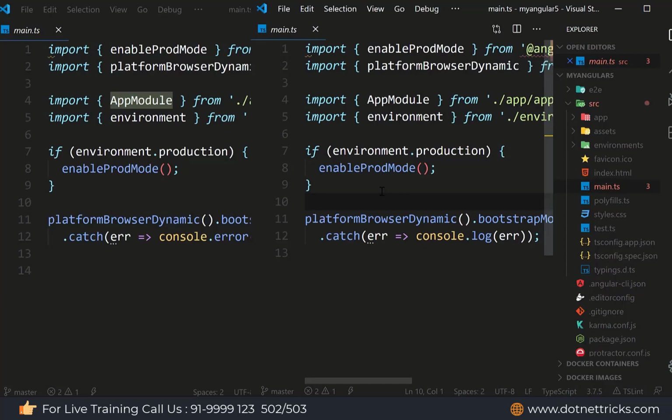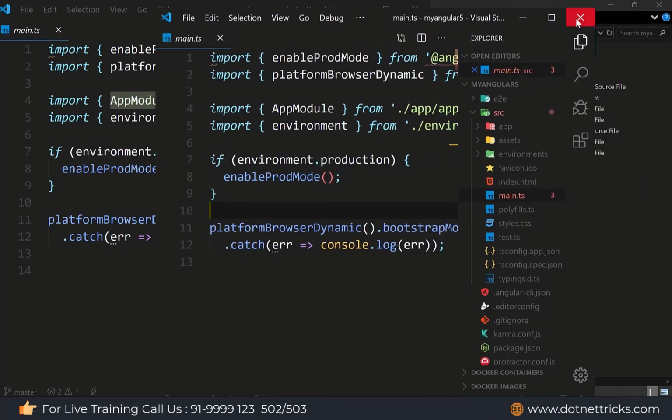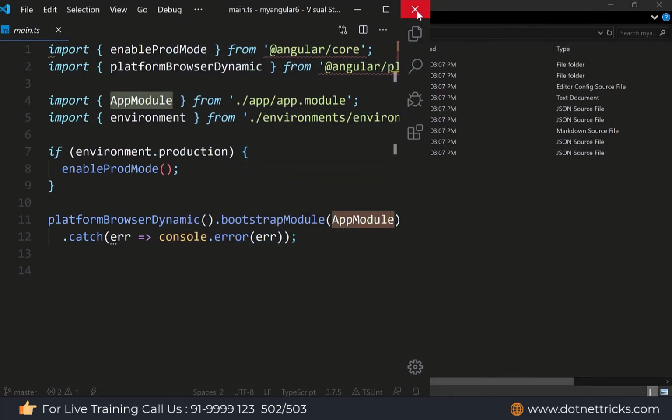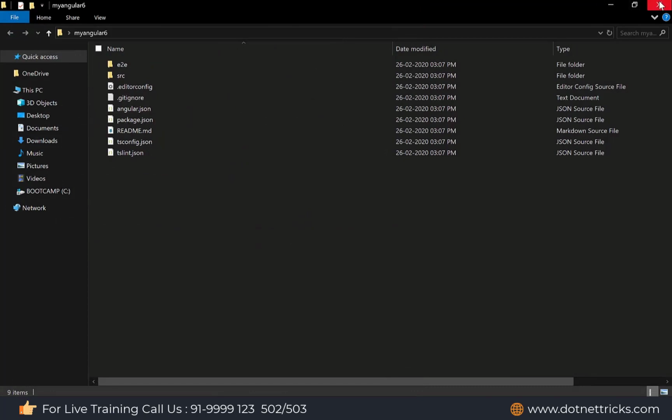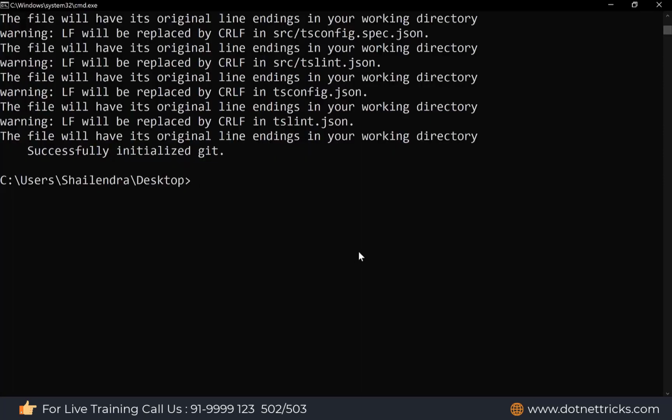So let me show you here how I can create the Angular 9 application, and let me explain here the few things about the Angular 9. So already having the Angular CLI with Angular 9, so let me create it without mentioning the specific version. I can directly use here ng new and your application name, let's say Angular 9, and here let me enter it.